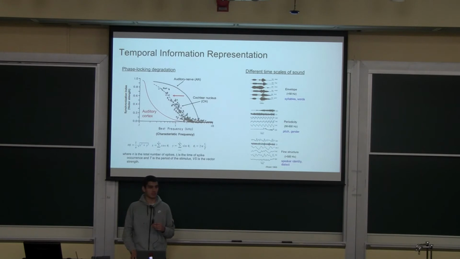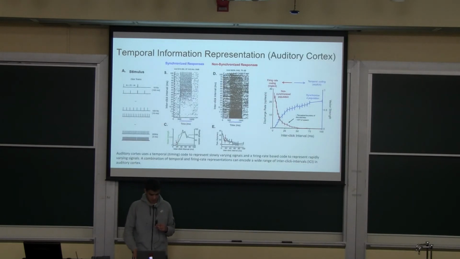Okay, any other questions on this? Okay, so going back to your question: how do we actually represent temporal information in the auditory cortex? There are basically two populations of auditory cortex neurons that we're interested in. And this goes back to the frequency of the stimulus we're talking about. As you decrease the ICI, the interclick interval, you increase the frequency,